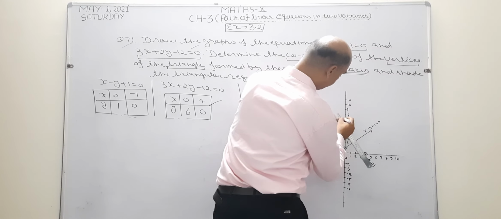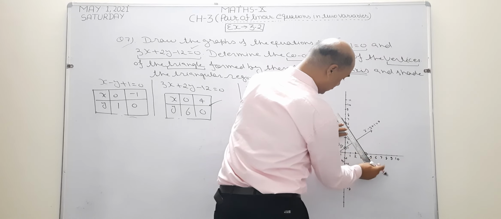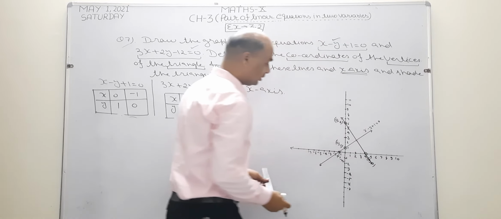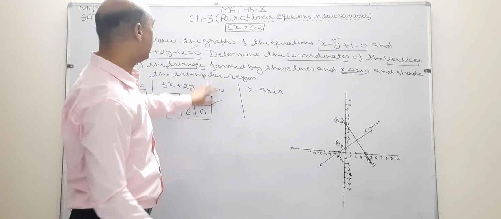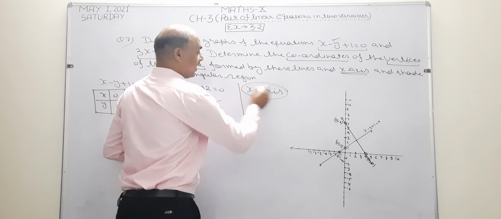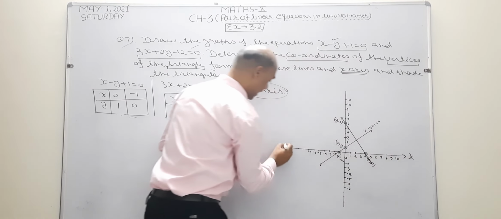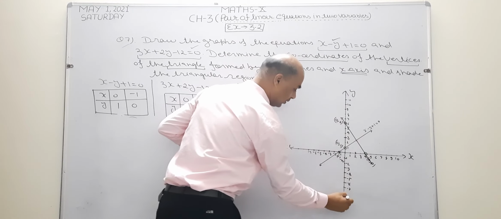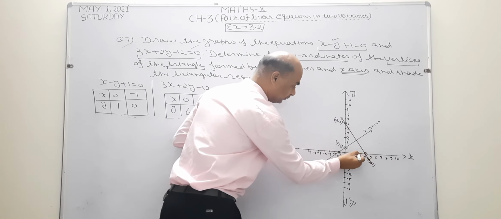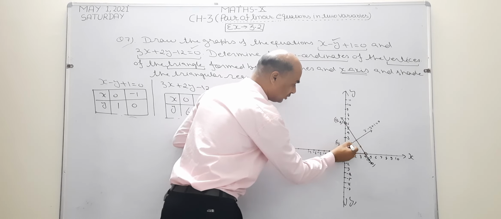What is the question? We have to draw the triangle by using these two lines and the x-axis. I am going to draw the triangle by using these two lines. These two lines I am going to use. Now the third one is the x-axis. Now see, this line is known as the x-axis and this line is known as the y-axis. Now the third line is the x-axis. This is the third line. Or you can take the first line; first, this is the second and this one is the third line.